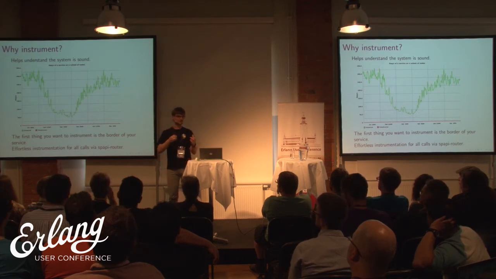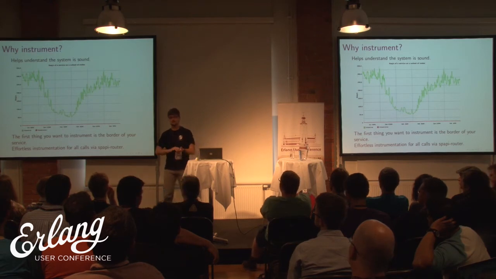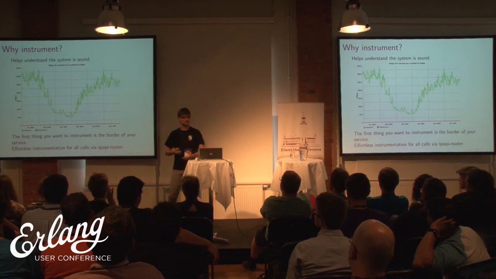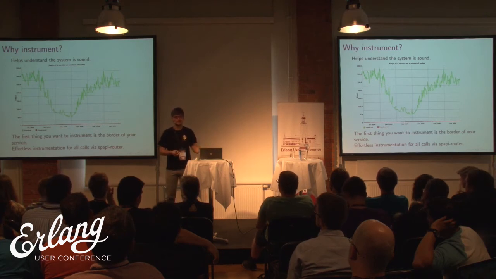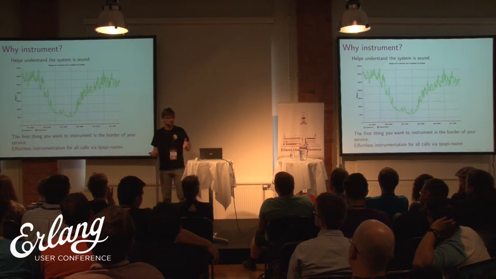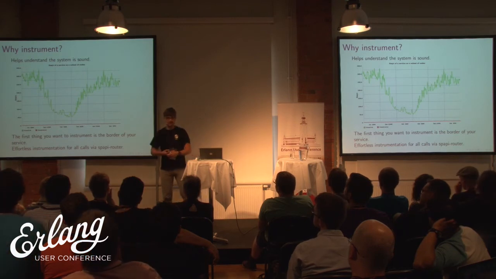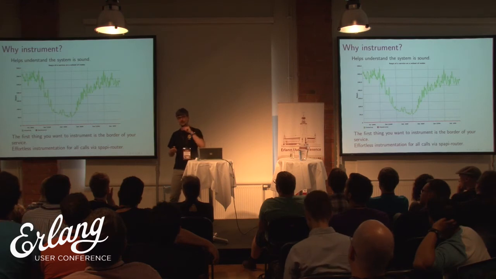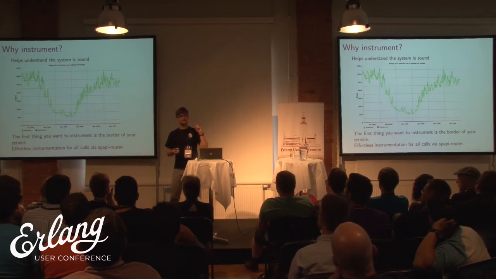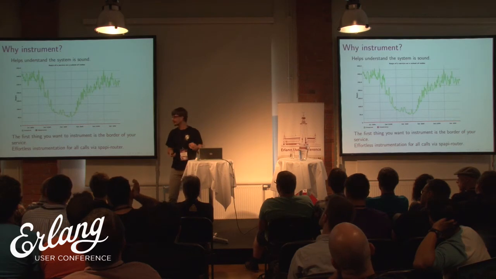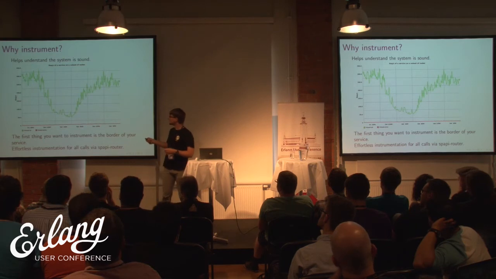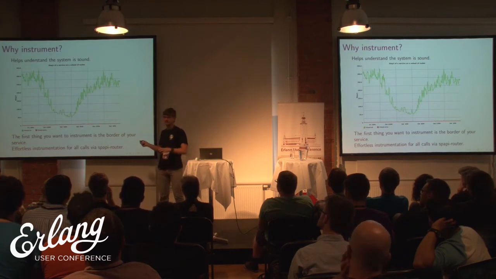Then instrument, meaning that you want to know what's going on. So the time it takes to do something, the number of OKs and errors, and other kinds of internal things. The amount of traffic transferred is the first thing that you put on your production machines when you can see time series. So you instrument the border of your host. And this is exactly what SPAPI router does by default. So for every outcoming call, you see the time it takes to execute that call and how many OK and erroneous calls happened.